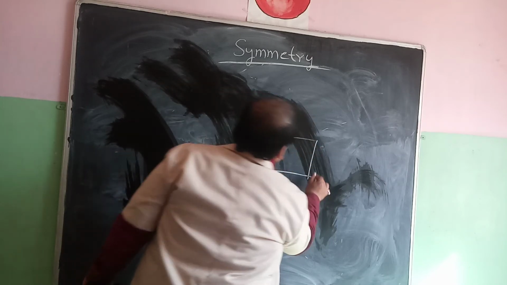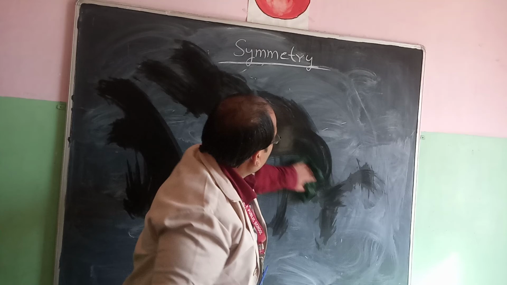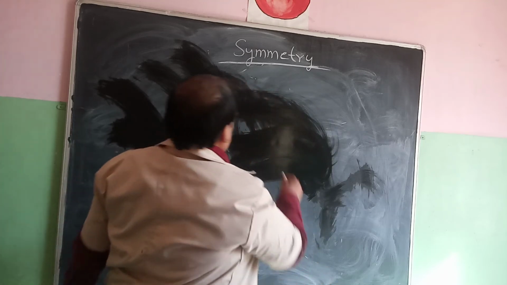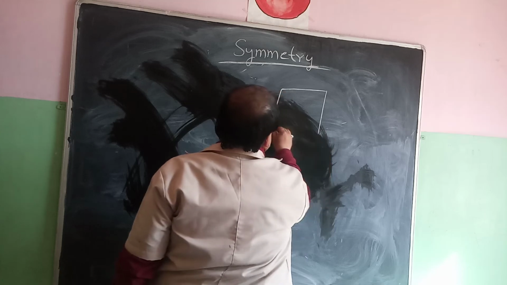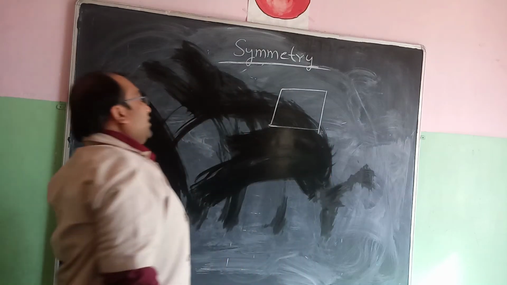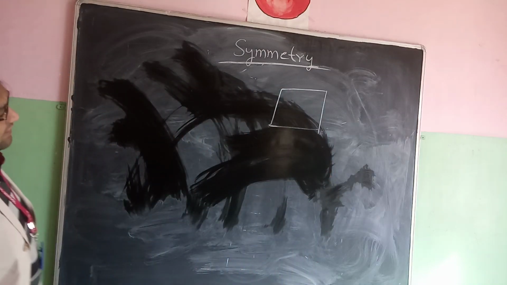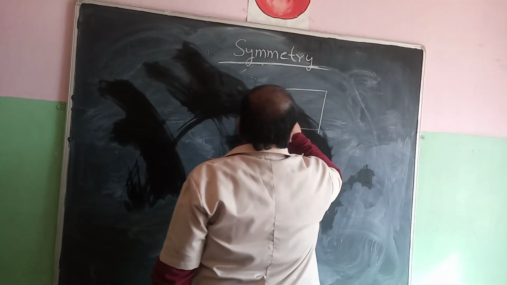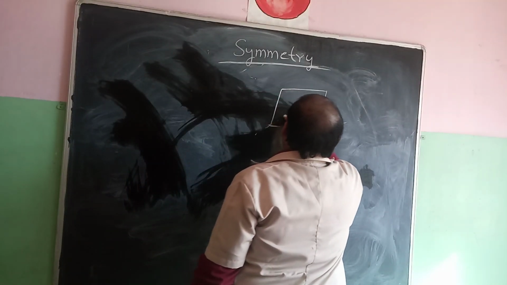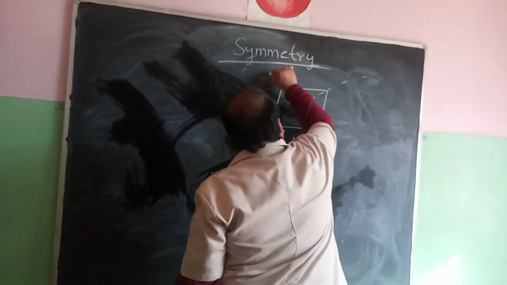In a rhombus we can see that all the 4 sides are equal. So here in a rhombus we will say that there are 2 lines of symmetry along its diagonals. Diagonal will divide